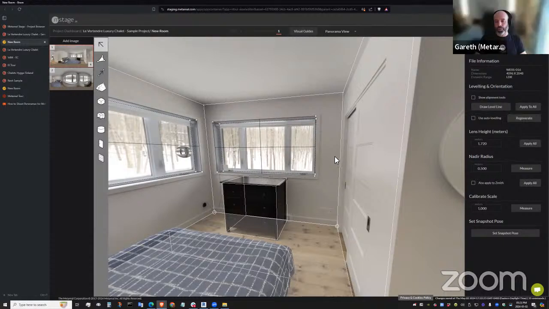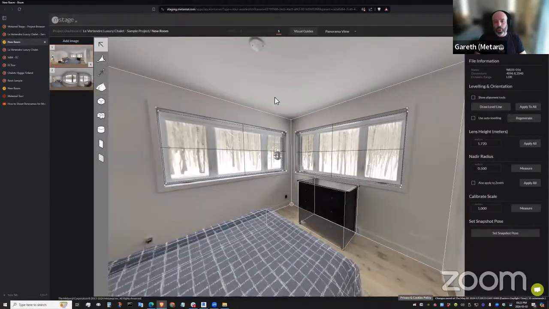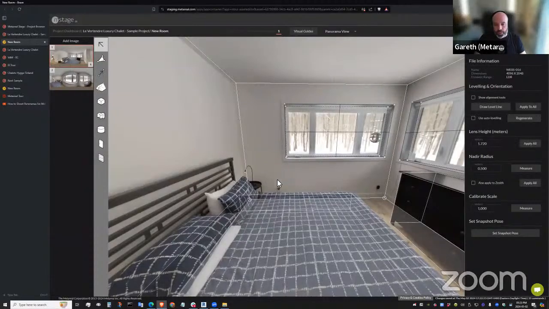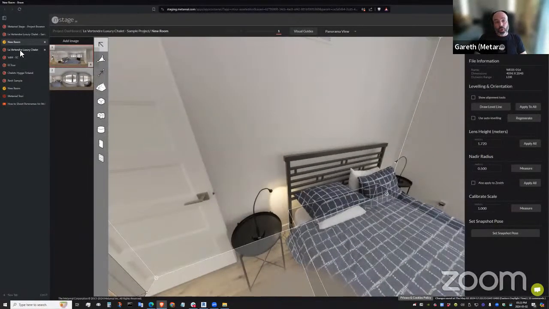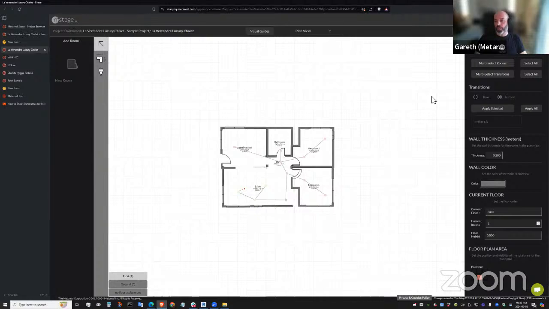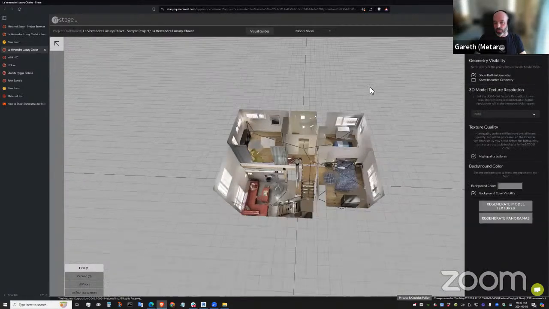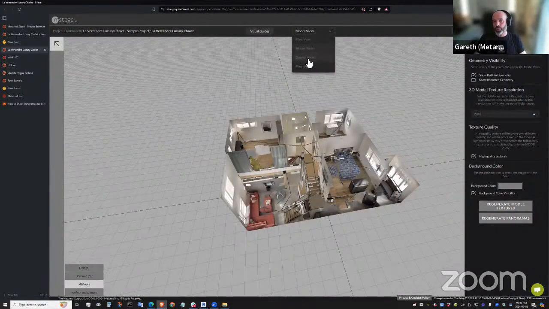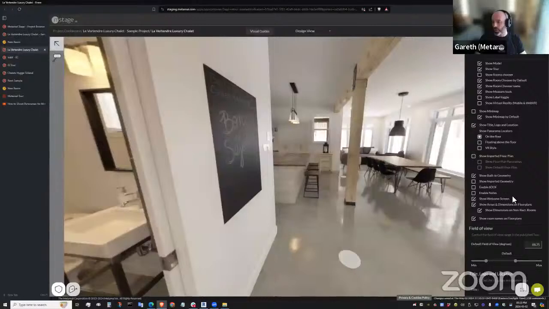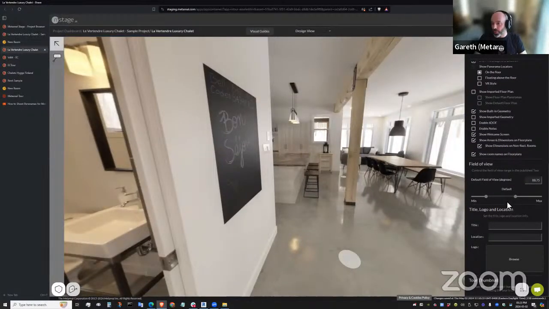Yeah, I mean, you don't need to know how to do the reconstruction if you're using our processing service. However, you might want to add some details that the production team doesn't know you need. What you are going to want to learn probably is the tour editor, which is where you can see how your tour and all the navigation works, and where you can control in the design view all the presentation elements that you might want to customize.